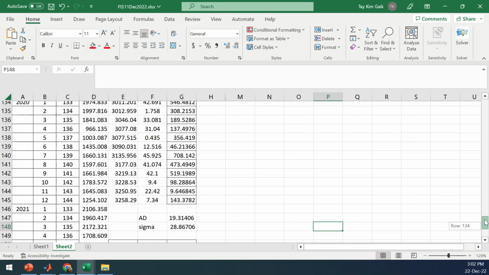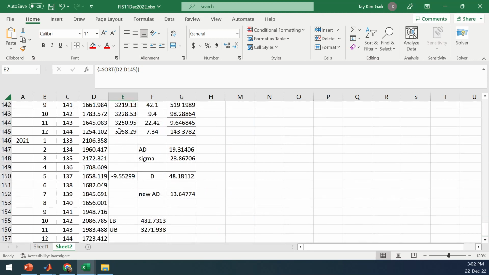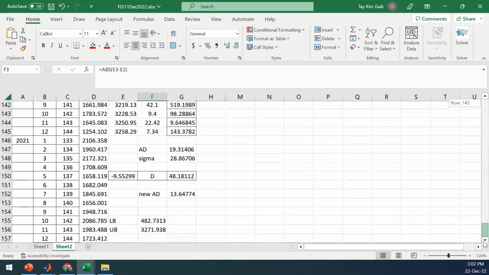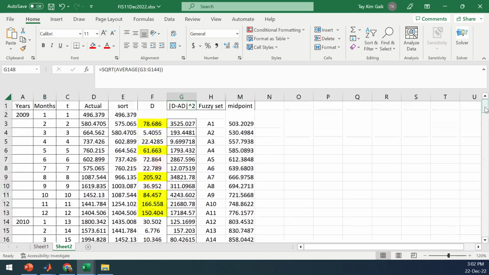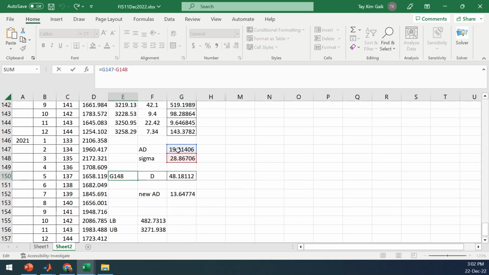So I sort all the data from 2009 to 2020. Then I find the distance, and later the average distance, which is the average of the distances. And then we find the sigma. Sigma is the square root of the average of the d minus average distance, squared. And then AD minus sigma